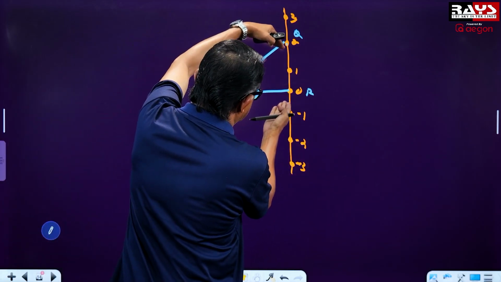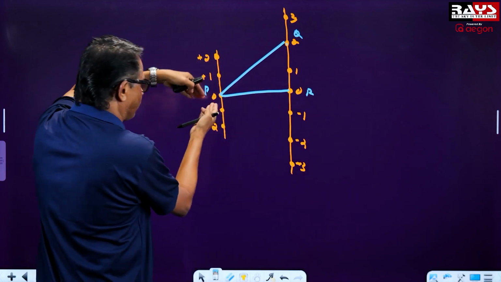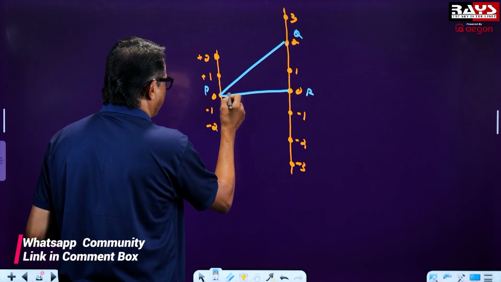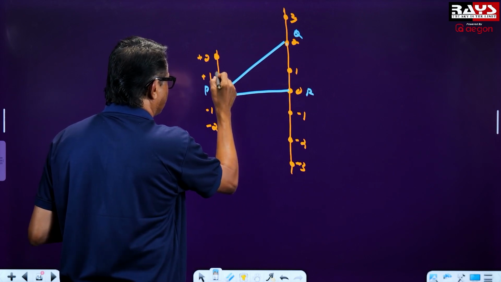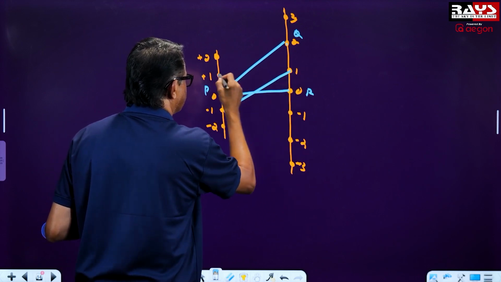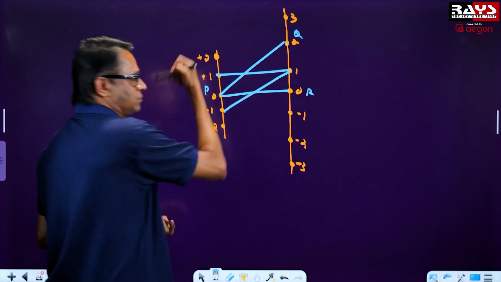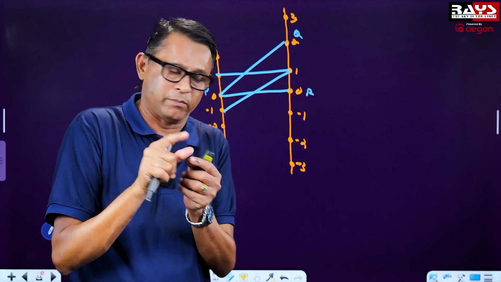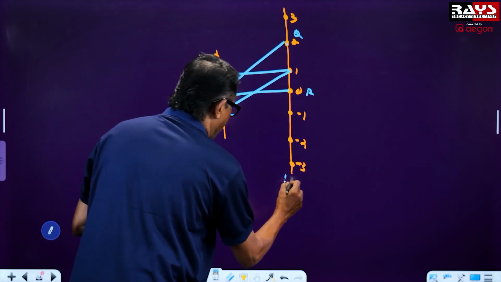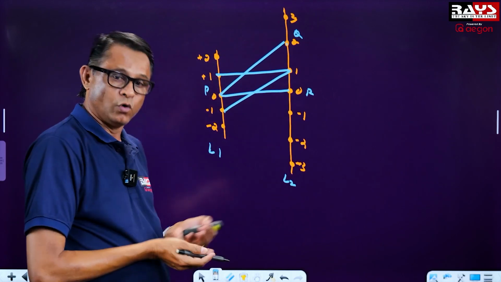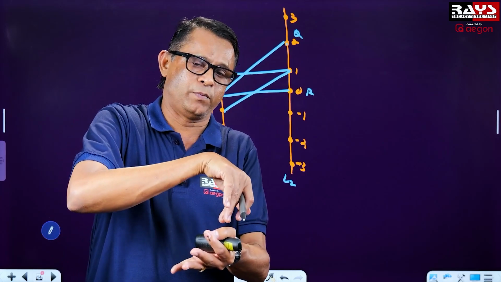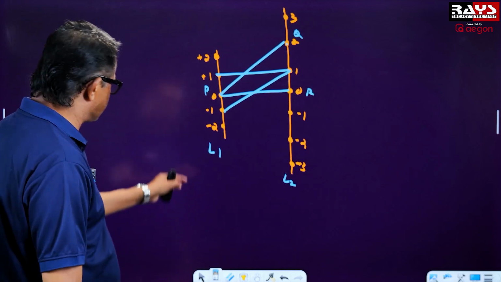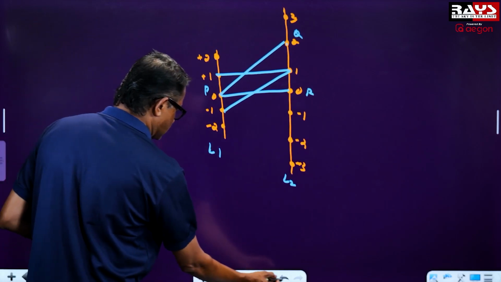So in order to get a triangle, you have to take 2 points from this line and 1 point from this. Otherwise, you can take 2 points from this. Suppose I take over here 2 points from this line and 1 point from this line. We can form another triangle like this. So in order to form a triangle, you have to choose 2 points from the line L1 and 1 point from line L2, or just the opposite, 2 points from L2 and 1 point from L1. Then only we can form a triangle. So let us see